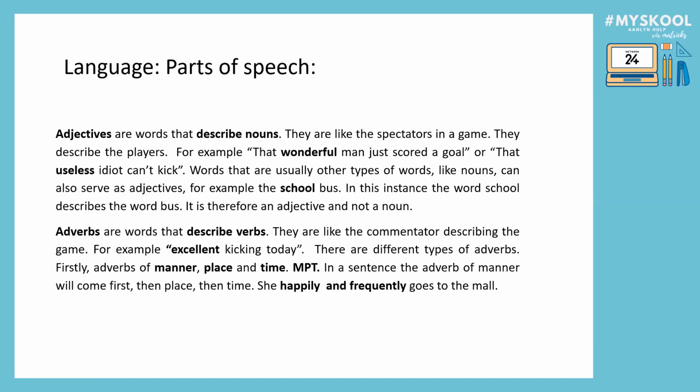Words that are usually other types of words like nouns can also serve as adjectives. Now, people, that's important. A word isn't necessarily always a noun or always an adjective or always a verb. You have to go and look at the function that it performs in the sentence. Okay. What is the function of this word in the sentence? For example, in the word school bus, school is not a noun. Okay, it is an adjective because it describes the word bus. It's not a compound because it's not one word. So you have to go and look at the function of the